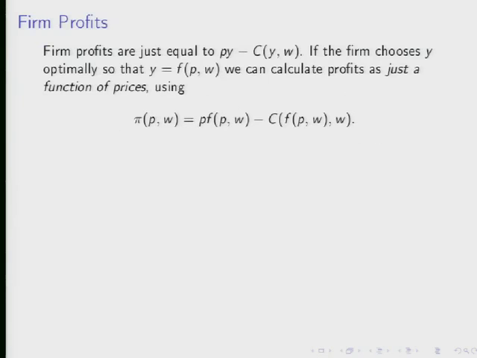And we know what costs are as a function of output and prices, but again, we solve for output. So we can substitute f of p, w for y, both in the cost function and also on the revenue side. And that's going to give us an expression for profits that, look, the only variables that show up here are